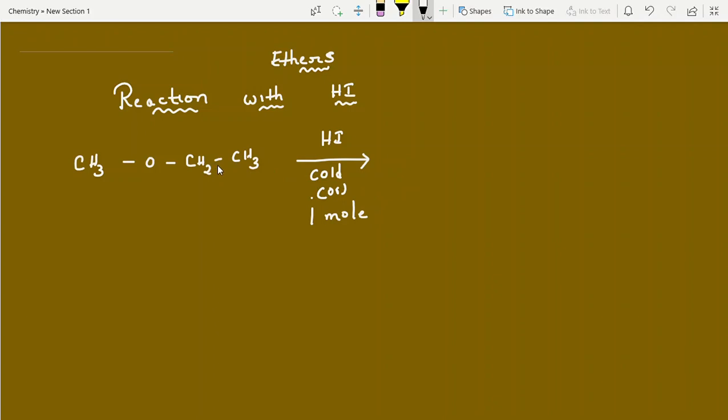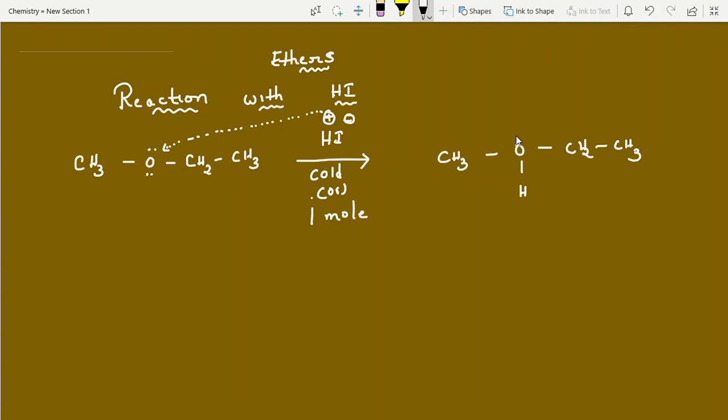Now, first step, what happens, students? This is H+ I-. The ether oxygen acts as a nucleophile and H+ is the electrophile. It will go and attack here. So what is the intermediate? CH3OCH2CH3 with one bond given. H+ doesn't have electrons; the nucleophile gives electrons and the electrophile takes electrons. In such a way a bond develops here.